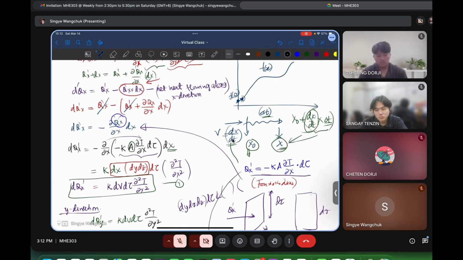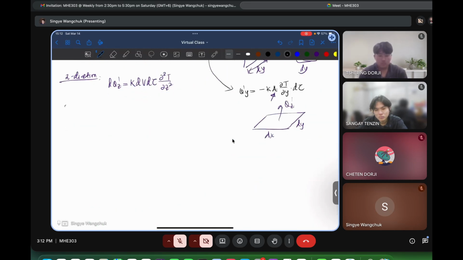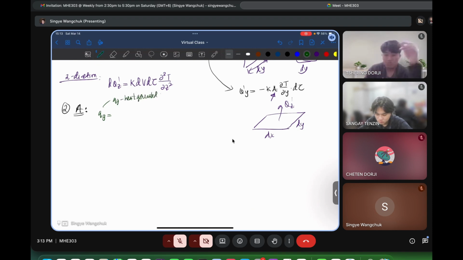However, now number 2, you have to find the A. It is the heat generated within the element per unit volume, unit time and unit mass, which is the rate of heat generated per unit volume and unit mass. So if you see this as Qg, which is the heat generated within the element,